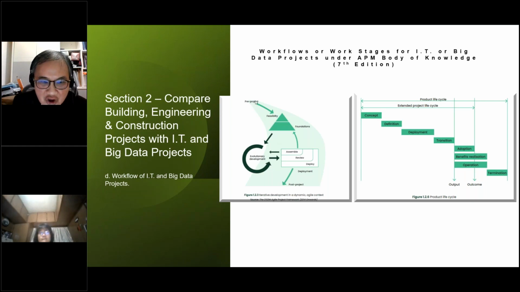In terms of an agile IT or big data project, we will have our completed IT or big data product, which normally will be software or hardware or a website, etc. And the deliverables and the products will appear every 2 weeks or at most every 4 weeks, and the team will need to meet face to face to get together every day.